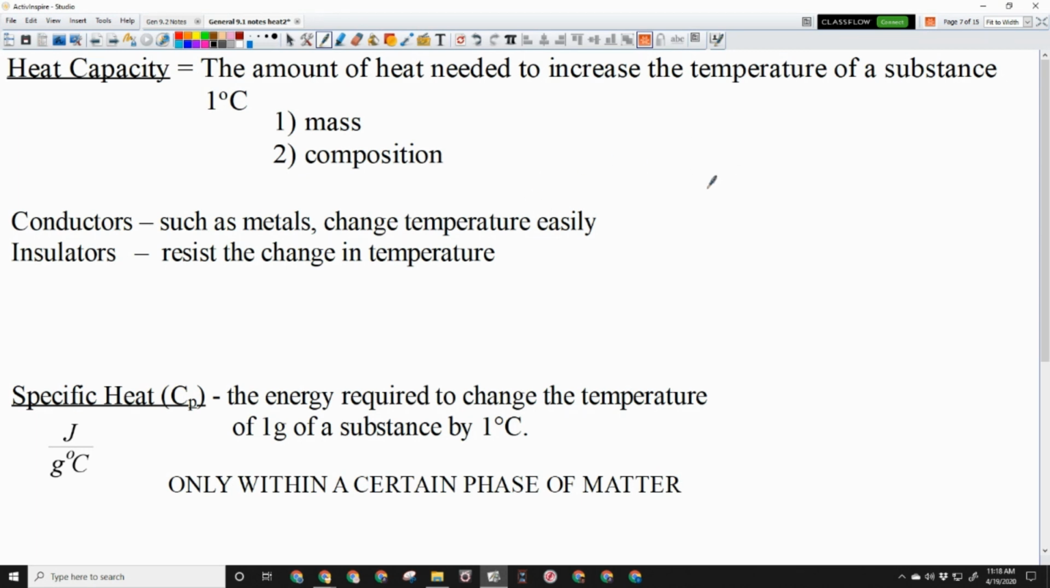So that's why our cookware is made out of metal, because it changes temperature easily. We put it on the stove, it absorbs the heat energy from the fire. That heat energy is then transferred to our food, which cooks our food. And an insulator resists change in temperature. So that's why we use